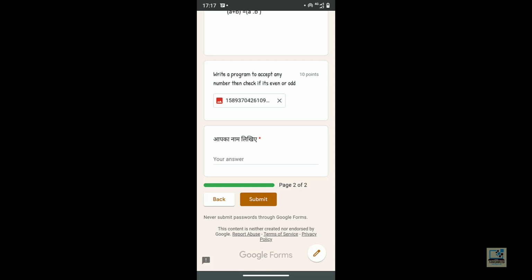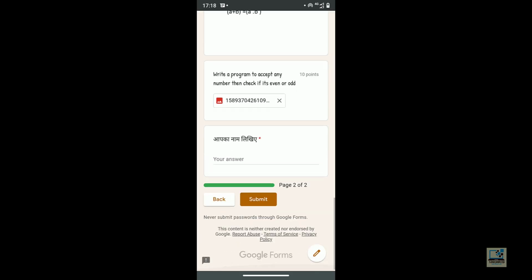But if the student will have to answer in Hindi, then they will have to use Google Translate. Either they can use the Google Translate app or they can use the website. But it is a very difficult job to write every answer in Google Translate and then write it here. So that way it is difficult. Otherwise they can do one thing. You can provide the option to upload the answer. They can write in Hindi and upload it, just like I uploaded the previous one.